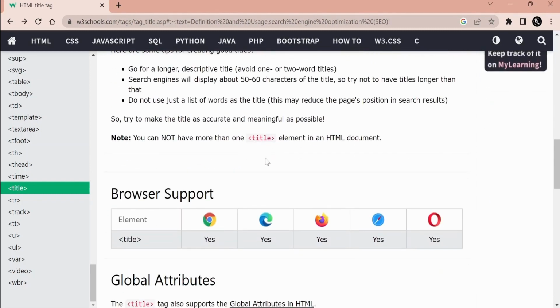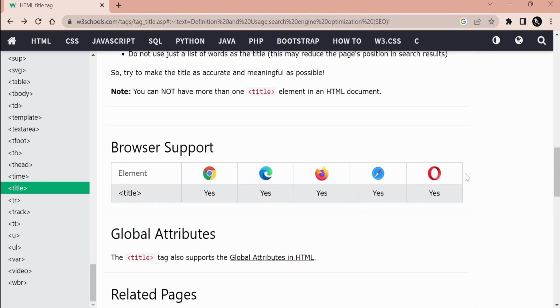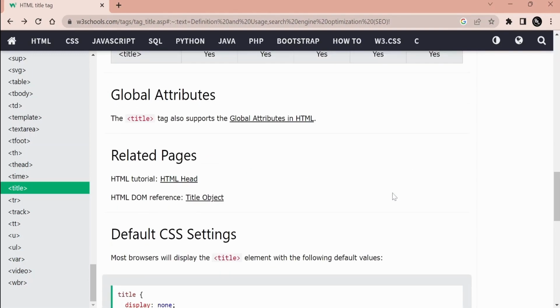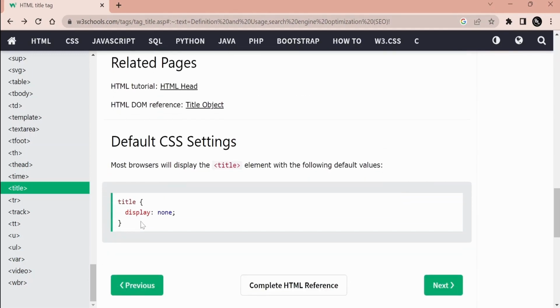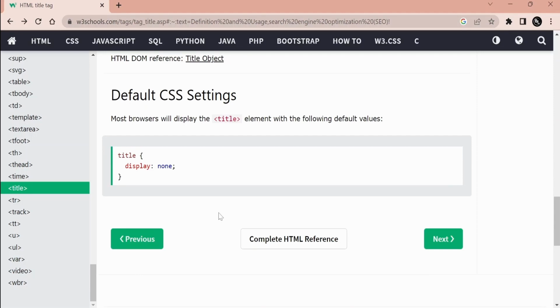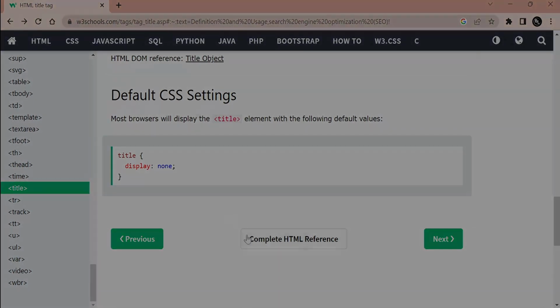Now we will learn how to add the same. Here they have mentioned which browsers support this page title. It is supported by almost all the popular browsers like Chrome, Edge, Firefox, Safari and Opera. If you want to style your page title, you can do so. By default it will be display none. So this is the CSS. Now without wasting much time, let's see how to do the same with the help of our Oracle Visual Builder